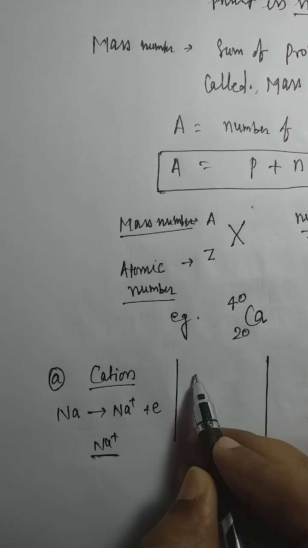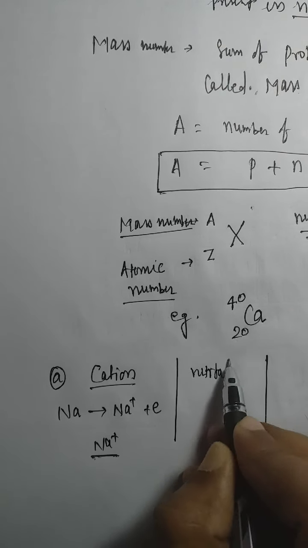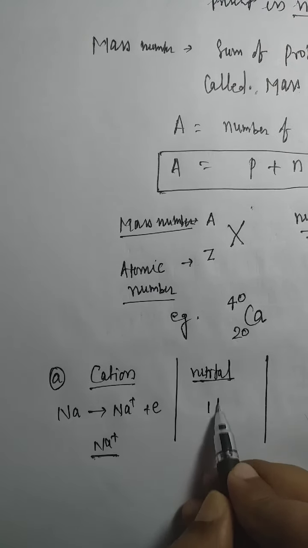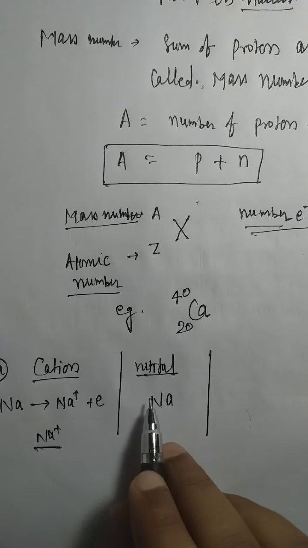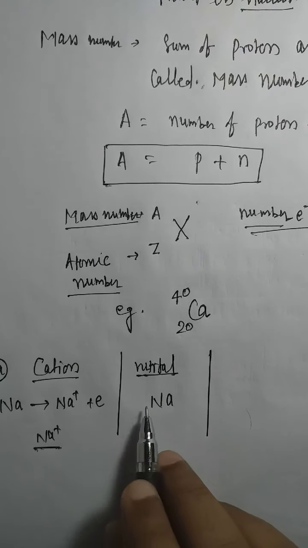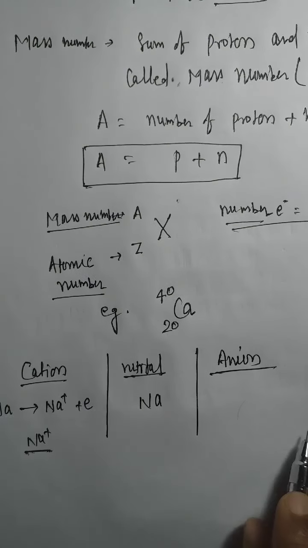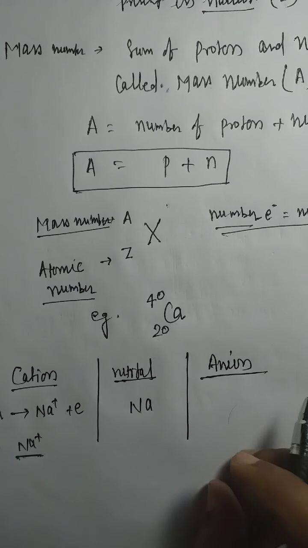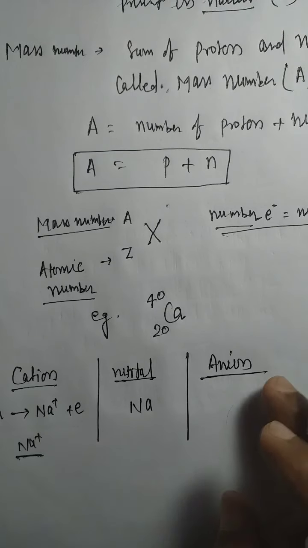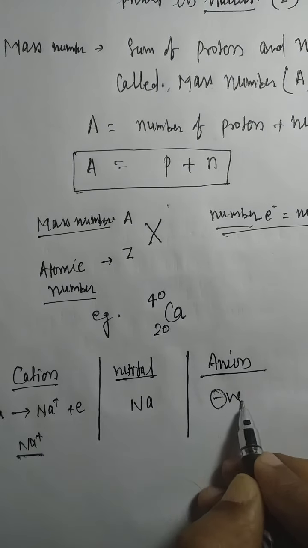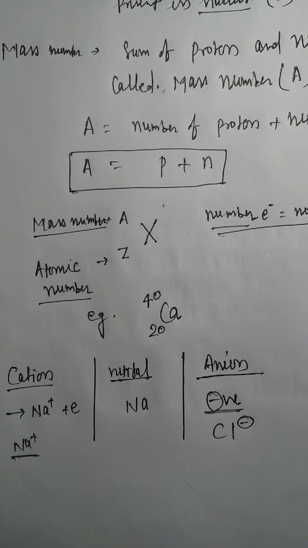And next is the neutral element or neutral atom. In this situation, taking the element Na, there is no charge on this particular atom. What we found is that the number of electrons and the number of protons are equal in the case of a neutral atom. And another is anion. An anion carries more electrons. Compared to its normal condition, it always has a larger number of electrons. Why? It carries a negatively charged particle, like a chlorine atom.